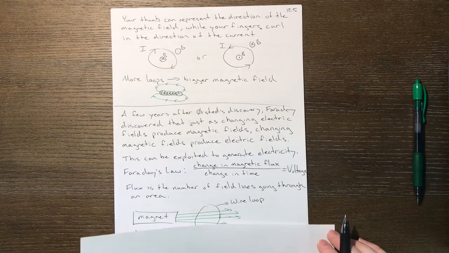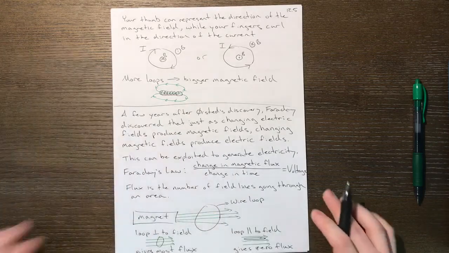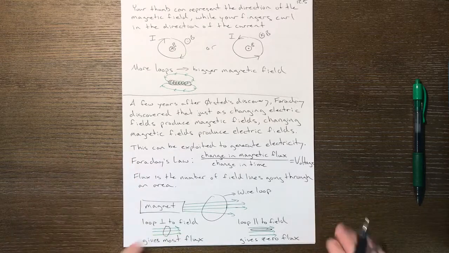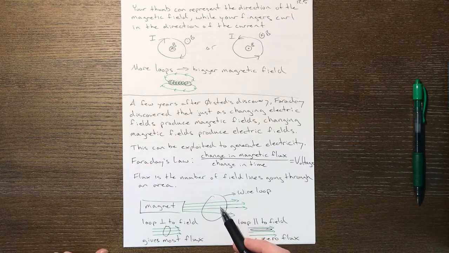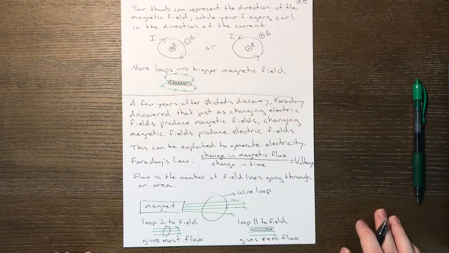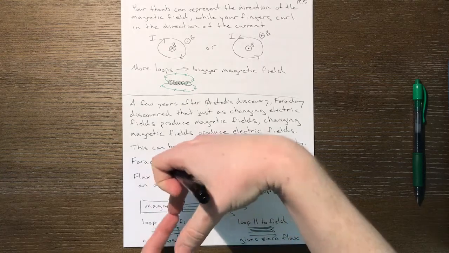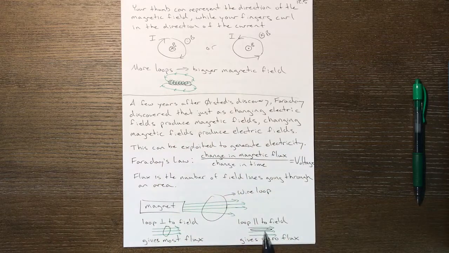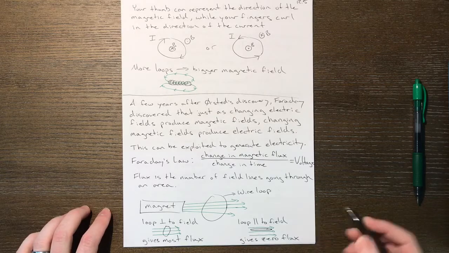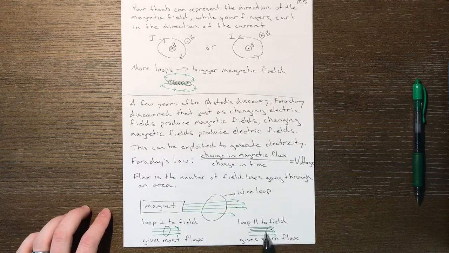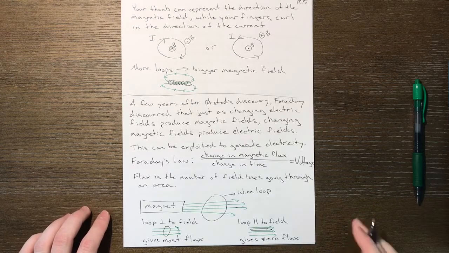And that flux changes depending on orientation. So, if your loop is perpendicular to the field, as the first one was that I drew, that gives the most flux. All of those lines are going to make it through that loop. But if you can imagine slowly turning that loop on its side, like this picture, eventually all of the arrows miss the loop. None of them go through the area, and that means that that loop gives zero flux,